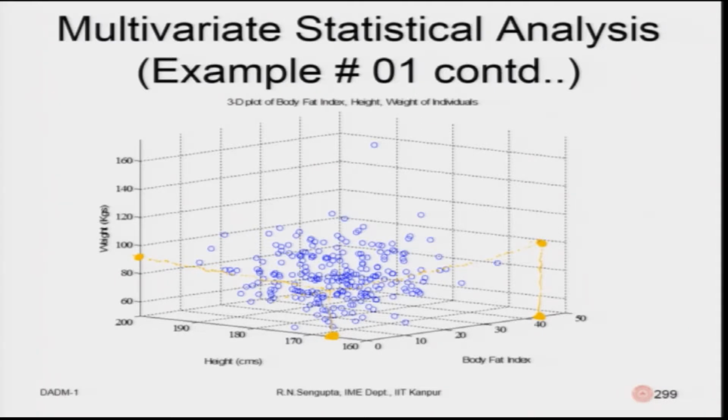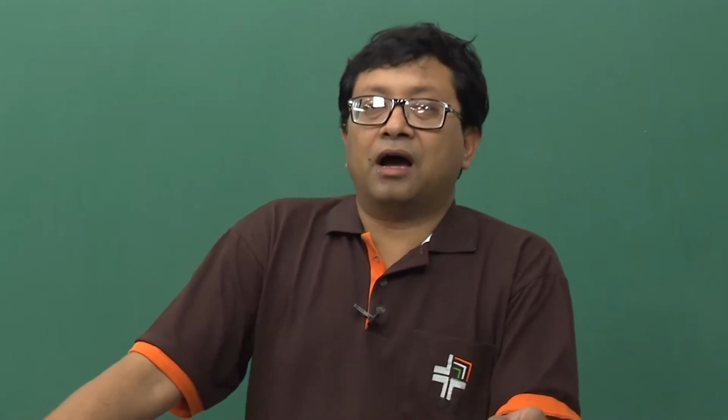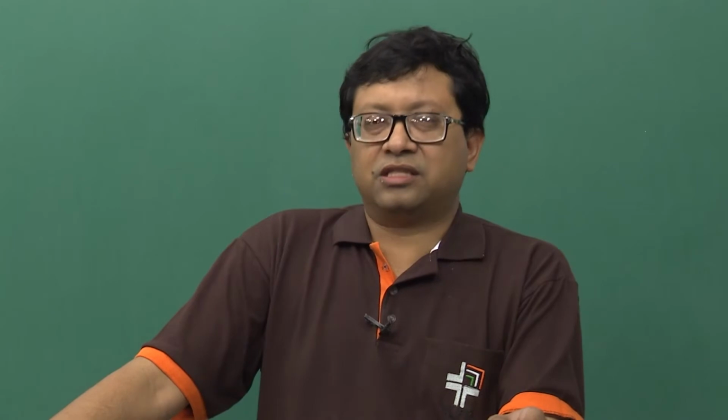So, you can find out from the 3D plot where a particular person stands, and obviously, if you have a threshold, it can be for the weight, the height or the body mass index. Based on that, you can say yes, these people need to be careful about their diet, hence you will take actions accordingly.